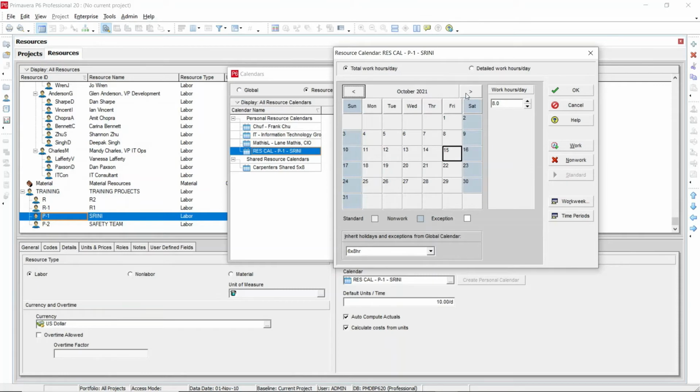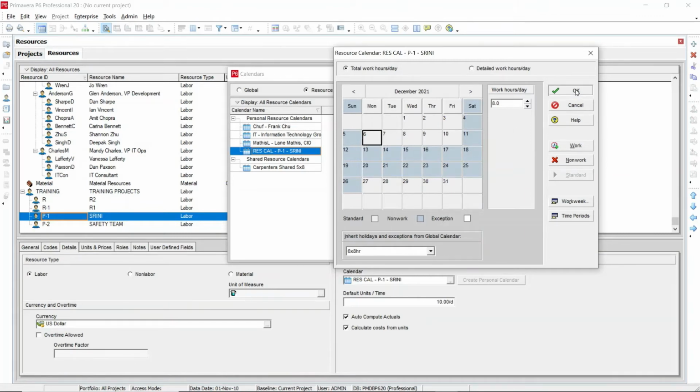If you want to add a vacation in the future, let's say in November or December, you can just shift select and make it a non-working day. So the particular resource will not be working on those days. This is how you create a personal resource calendar.